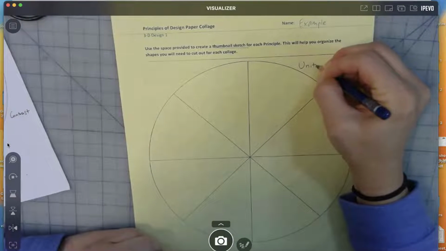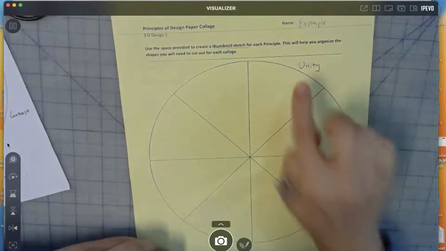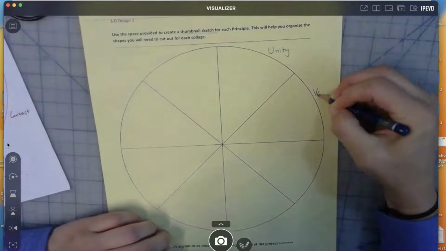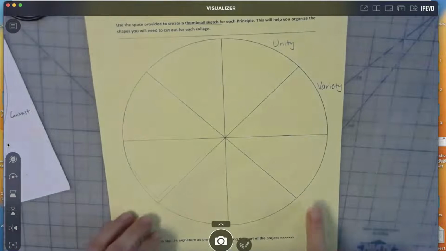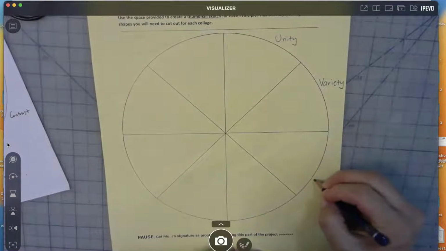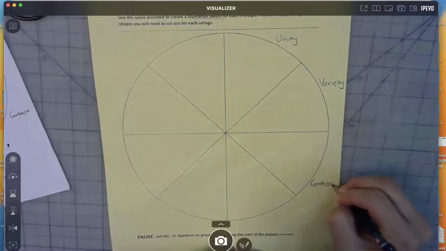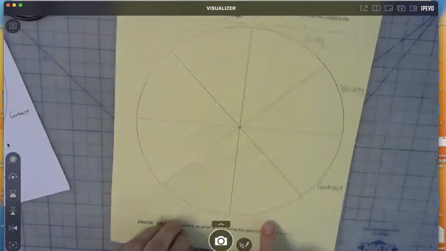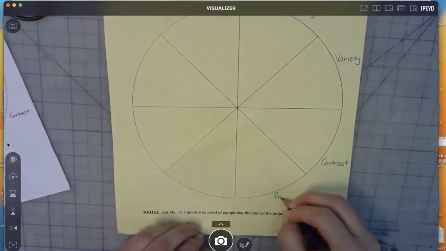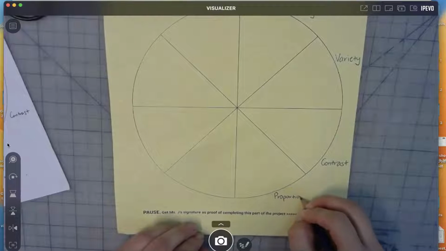This space is going to use unity. This space here is going to use variety. This collage is going to use contrast. This space here is going to use proportion.